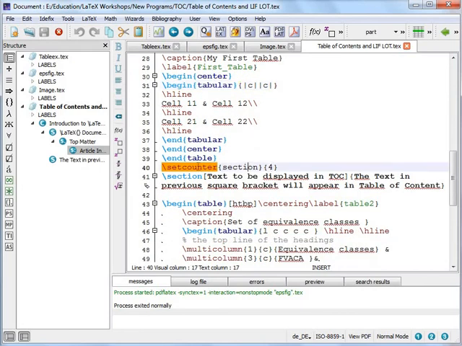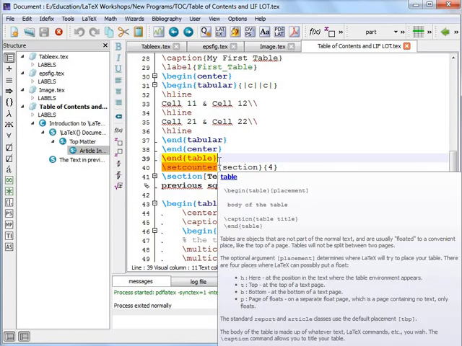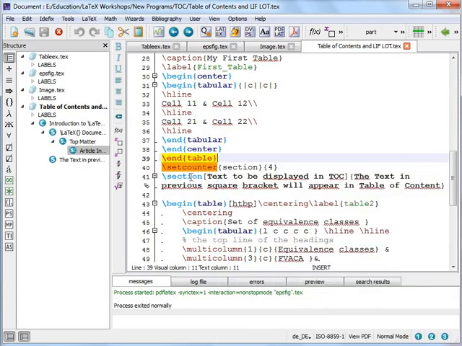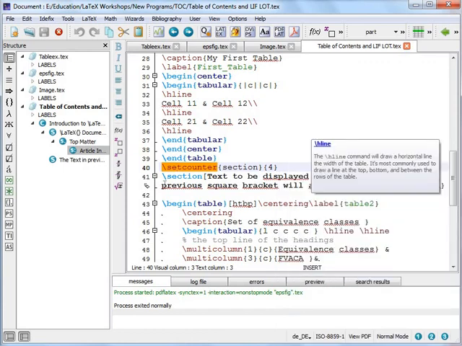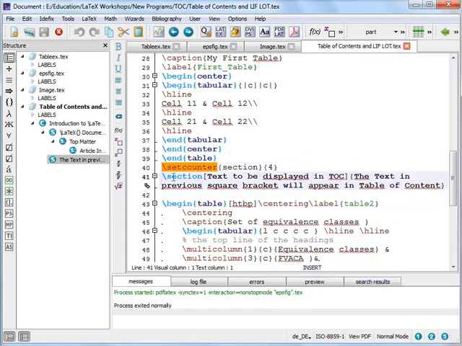Then I have set the counter over here, right? So already we have seen that we have created only one section over here, so that will be 1.1. Now I want this section to be labeled as 1.5. So here I will be setting the counter by using the setcounter command. The counter for section should now be made 4, so that whenever the next section is used, it will be one more than this. So this section will now be numbered 1.5 instead of 1.2.